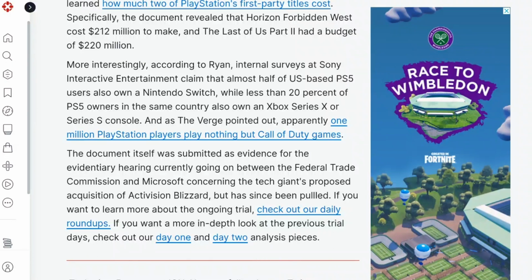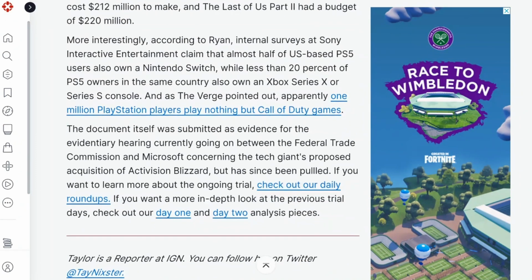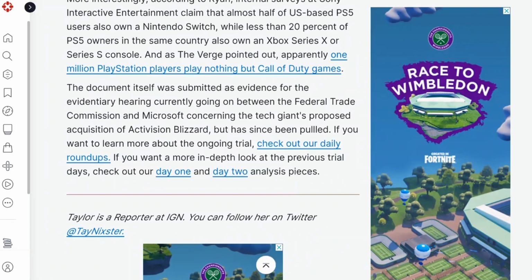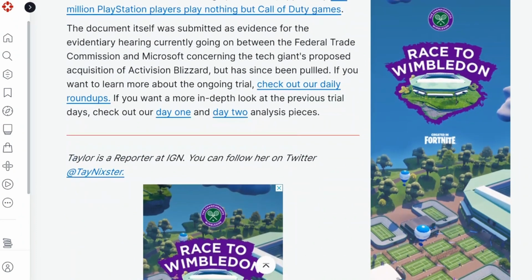Horizon Forbidden West cost $212 million to make, and The Last of Us Part 2 had a budget of $220 million. More interestingly, according to Ryan, internal surveys at Sony Interactive Entertainment claimed that almost half of US-based PS5 owners also own a Nintendo Switch, while less than 20% of PS5 owners in the same country also own an Xbox Series X or Series S console. And as The Verge pointed out, apparently 1 million PlayStation players played nothing but Call of Duty games. Bloody hell. The document itself was submitted as evidence for the evidentiary hearing currently going on between the...